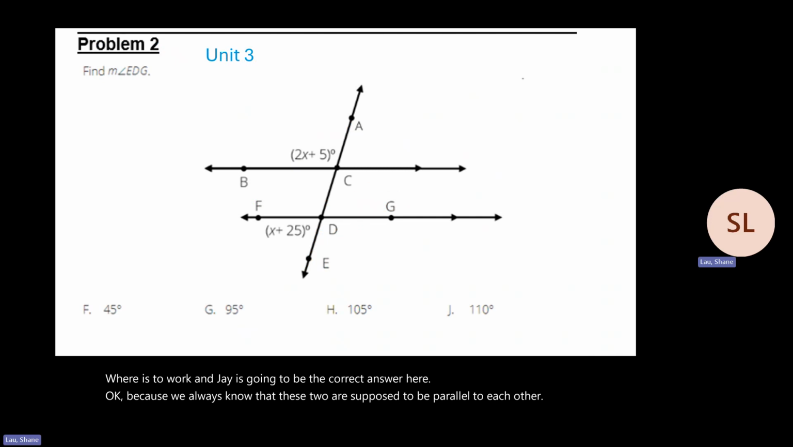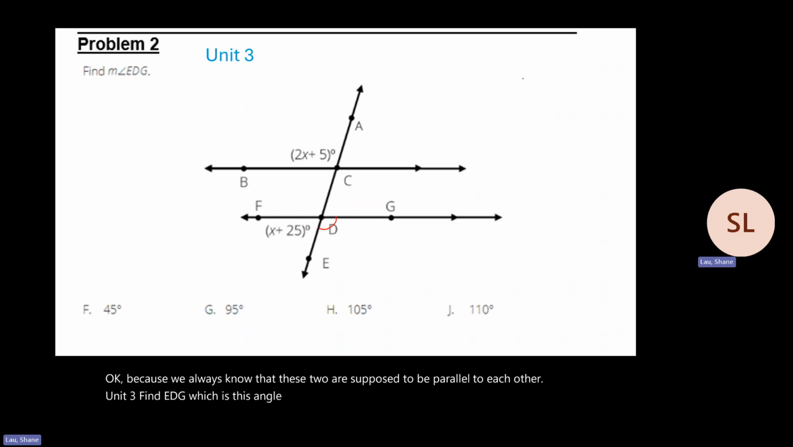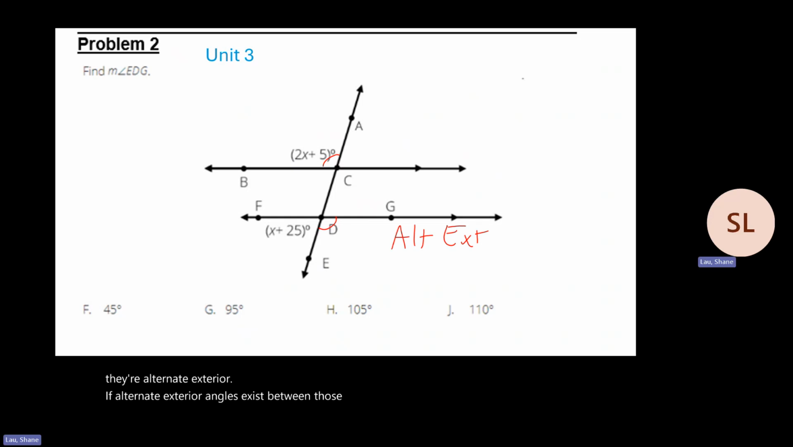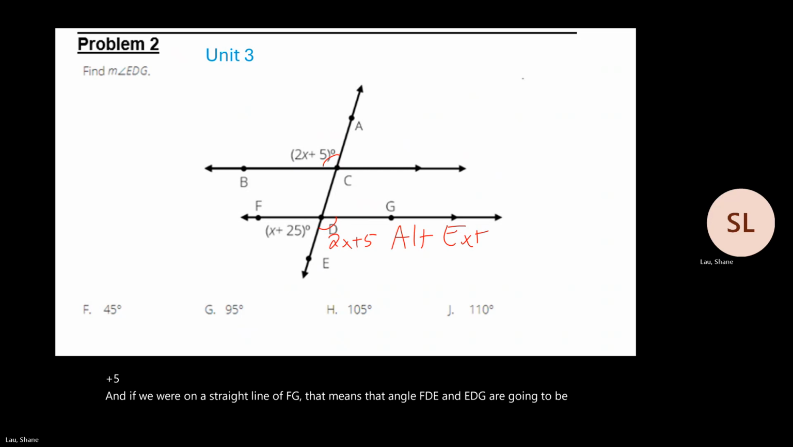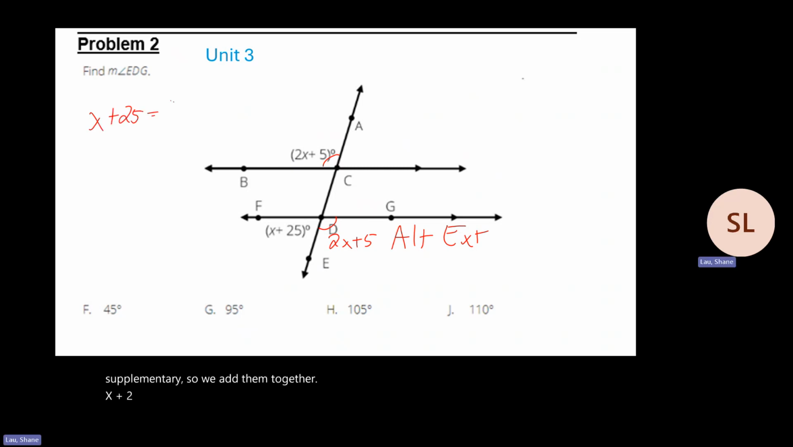Unit 3, find EDG, which is this angle. Well, luckily we know so much information about transversals and parallel lines, we can say that these two are going to be congruent because they're alternate exterior. Well, if alternate exterior angles exist between those two angles, that means that they're congruent, which means that EDG is 2x plus 5. And if we are on a straight line of FG, that means that angle FDE and EDG are going to be supplementary, so we add them together. X plus 25 plus 2x plus 5, and they both equal 180 degrees. So combine like terms,